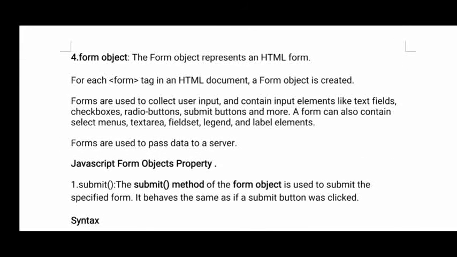The next one is the form object. Form object means on the browser window you will create a form. So each form is called a form object. Example, in the form you have a text field, that is called form dot text field.